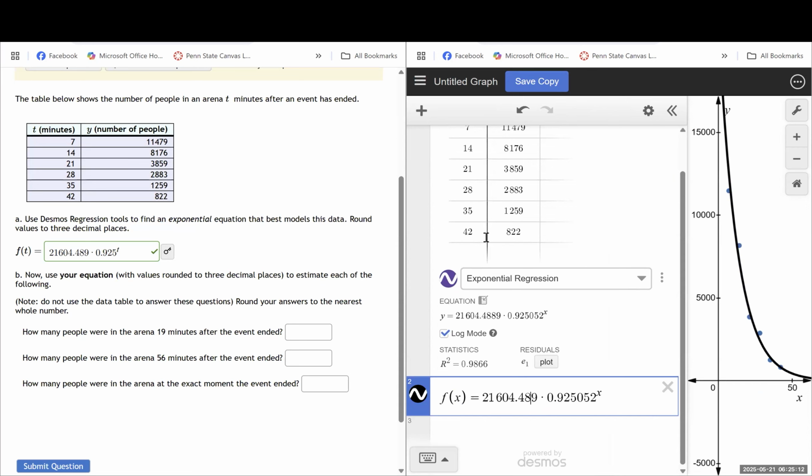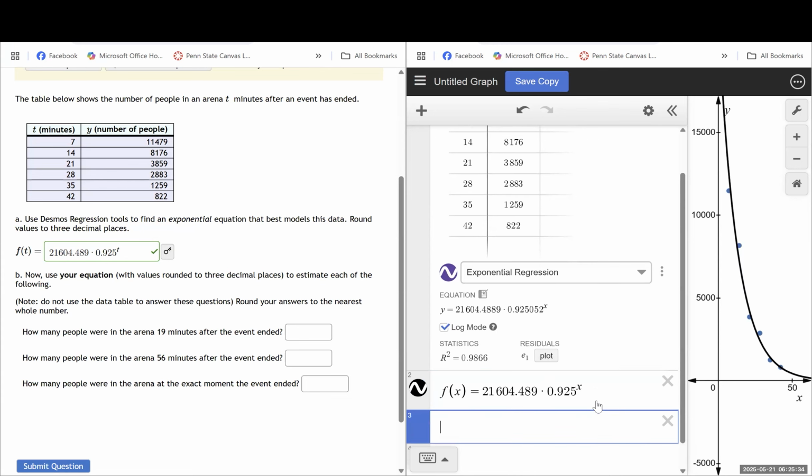But I am going to round these values. So the equation that I have here with the rounded values is exactly identical to the equation that I answered over here in part A. So now I have defined my regression equation in Desmos as a function. Why that's helpful is that for each of these parts where I am estimating the number of people left in the arena after a certain number of minutes, I can just use this function definition and evaluate